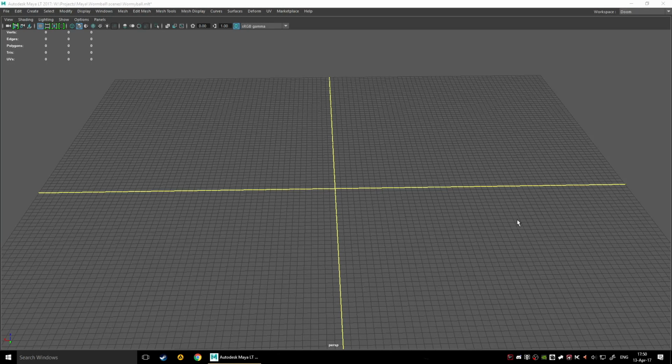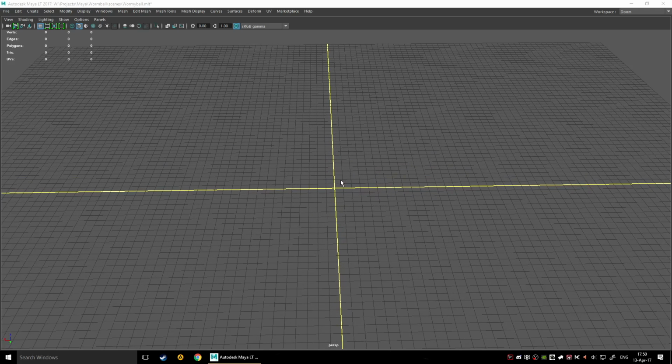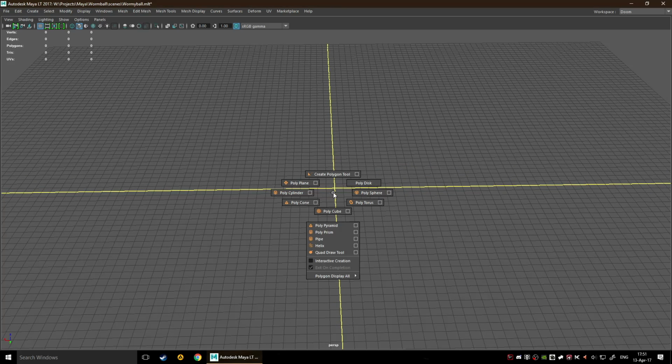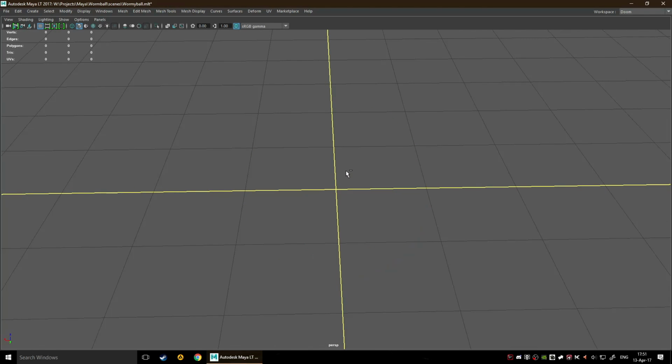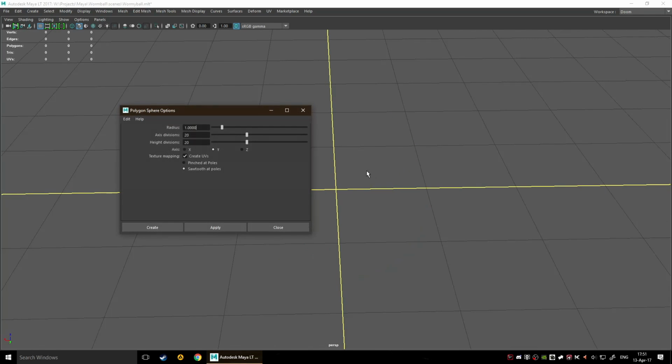Okay, guys, time for our final talk, about retopologizing and the quad draw tool. You could use the quad draw for other things, but I'm just gonna show you how to retopologize stuff. We're gonna make a sphere again because it's the most appropriate one. So let's just create a sphere here, and maybe I should have just created it with the tool settings here,